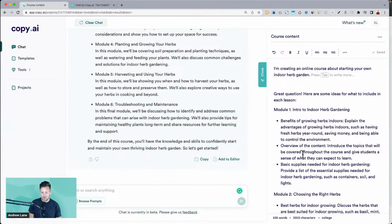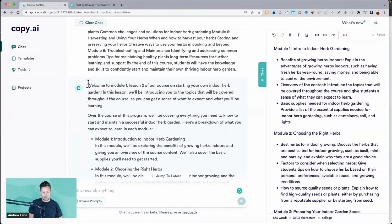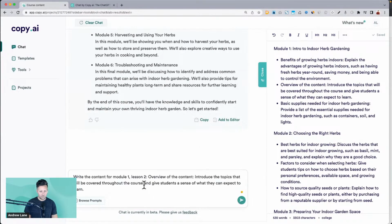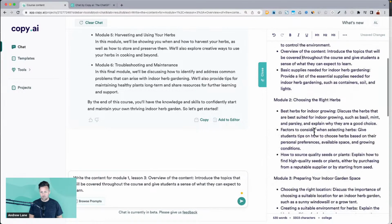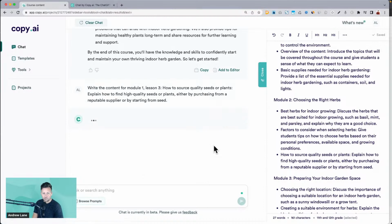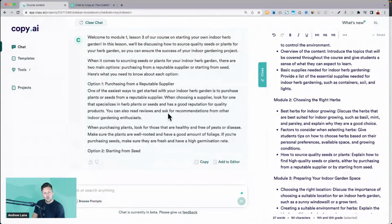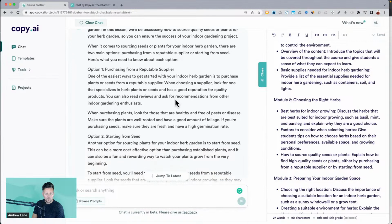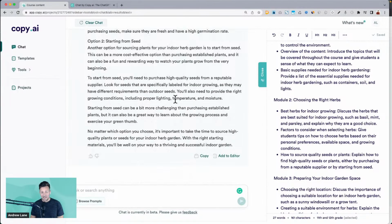That was that lesson. So now let's go ahead and try taking that, write content for this lesson three. There you go. Give us a good starting point. And if you don't like that, again, you can work with it. Like, make this more actionable, or